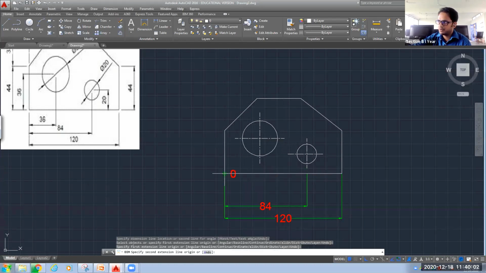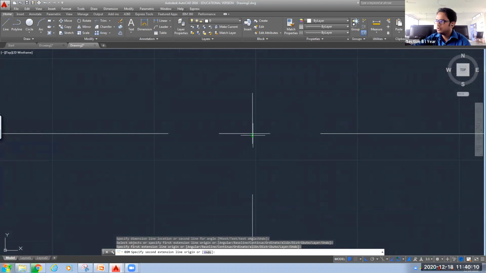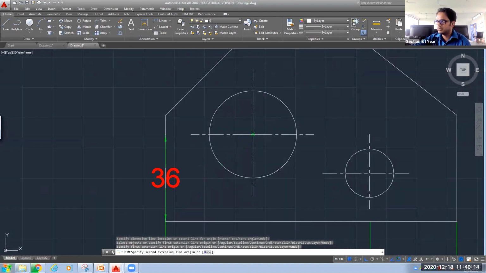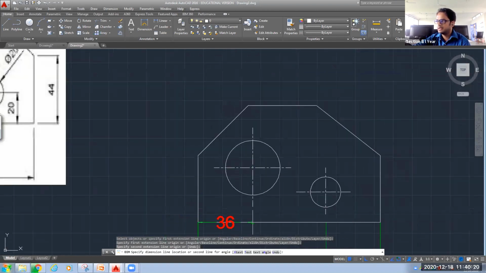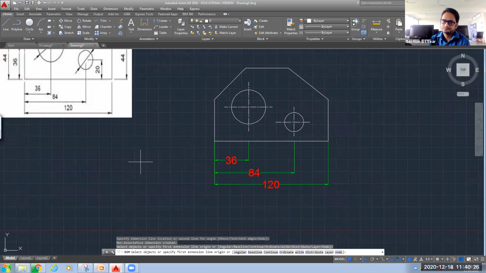So what I will do, I will select the first point. For next point, I will bring my cursor to this point of intersection. You can zoom it to get the exact intersection location. It was 36, we know that. Click over there and you can now place it, 36. Okay.